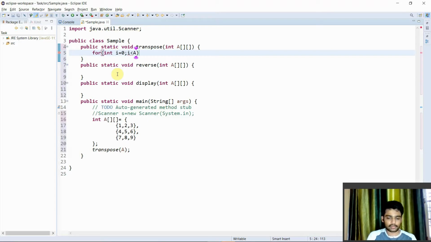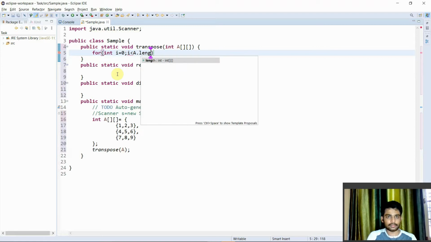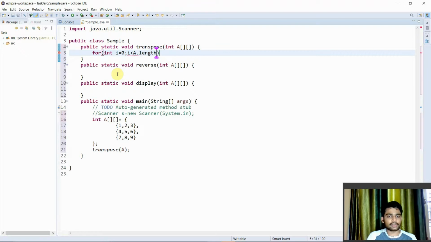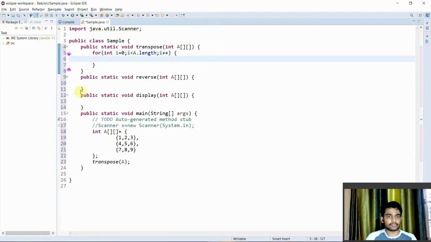I'll be naming this outer for loop. The outer for loop is just for iterating through the entire array. For that I am using an outer for loop. This is for rows. Then the inner for loop,